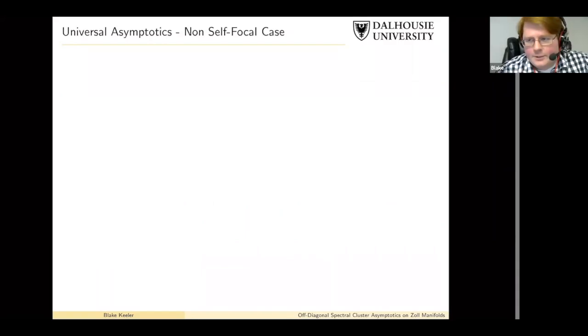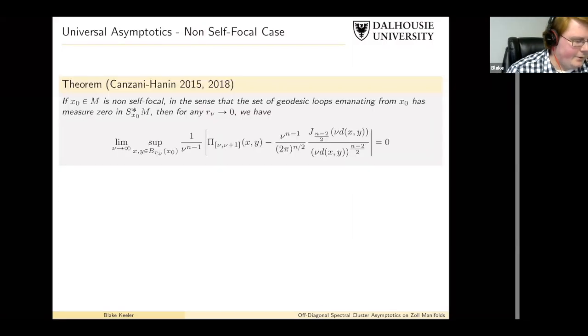So a fairly general setting in which we can show that this conjecture always holds is in the non-self-focal case. This was proved by Canzani and Hanin back in 2015, with some improvements in 2018. They showed that if you fix an x0 in M which is non-self-focal, in the sense that the set of geodesic loops emanating from x0 has measure 0 in the cosphere fiber at x0, so there are very few looping geodesics, then for any rate that tends to 0, you have that the supremum over x and y in the ball of radius r nu centered at x0 of this quantity, where you take the difference between the spectral cluster